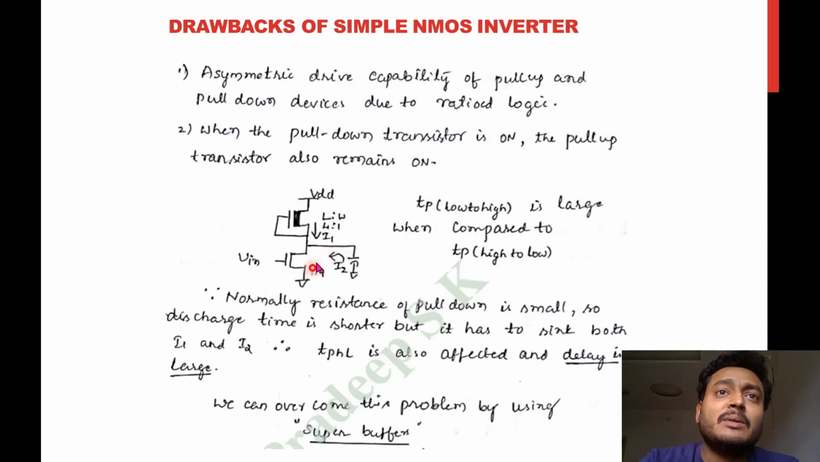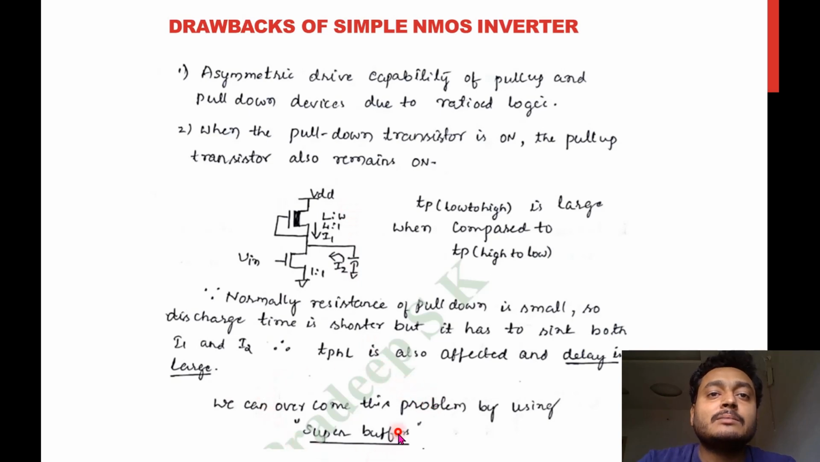So I1 will go like this, and it will try to ground. At the same time, it has to sink this I1 also. Otherwise, what will happen? It will try to charge this, right? So these are the two issues here. And so the delay will be more, because it has to sink both currents I1 and I2. This issue of the simple NMOS inverter, the delay problem we are seeing right now, can be overcome